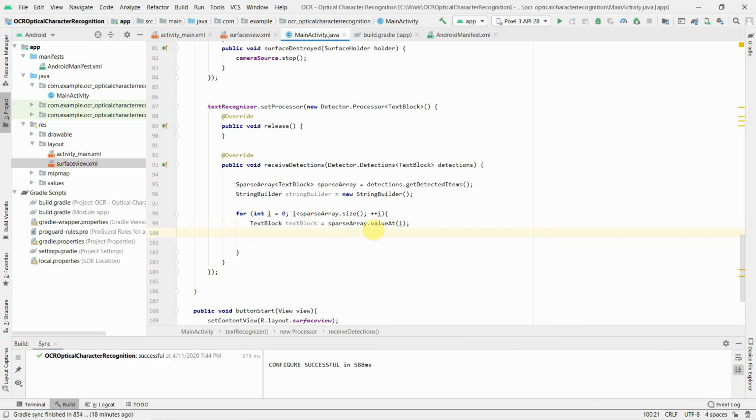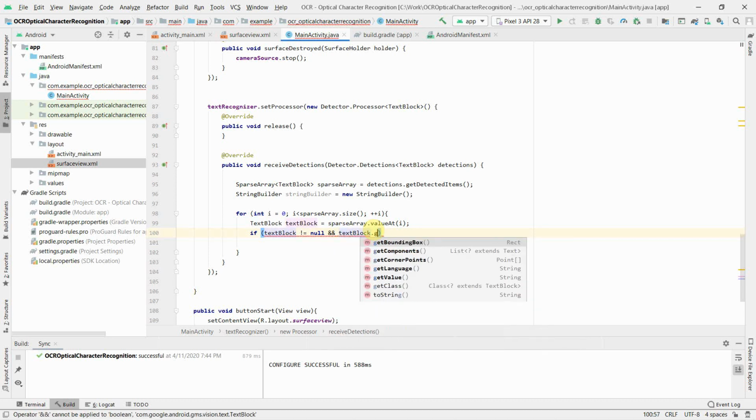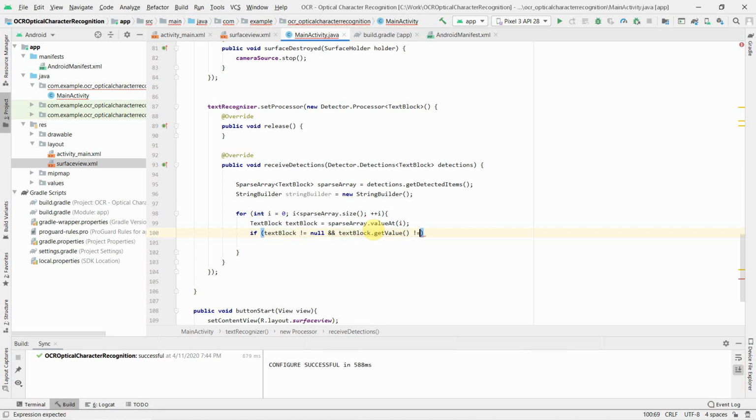Okay, and if this text block is not null, and getValue is also not null, then what we can do is